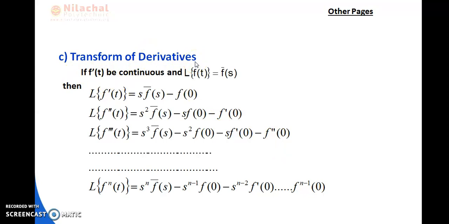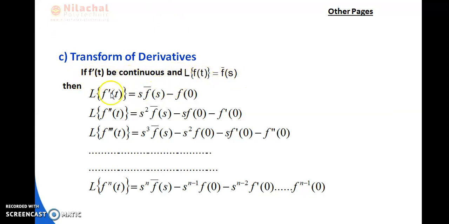Derivative means we will study, we have learned multiplication by t, division by t, meaning Laplace of f of t by t, and here we'll study Laplace of different derivatives of f of t. So transforms of derivatives means if f of t is continuous and Laplace of f of t equals f bar s,